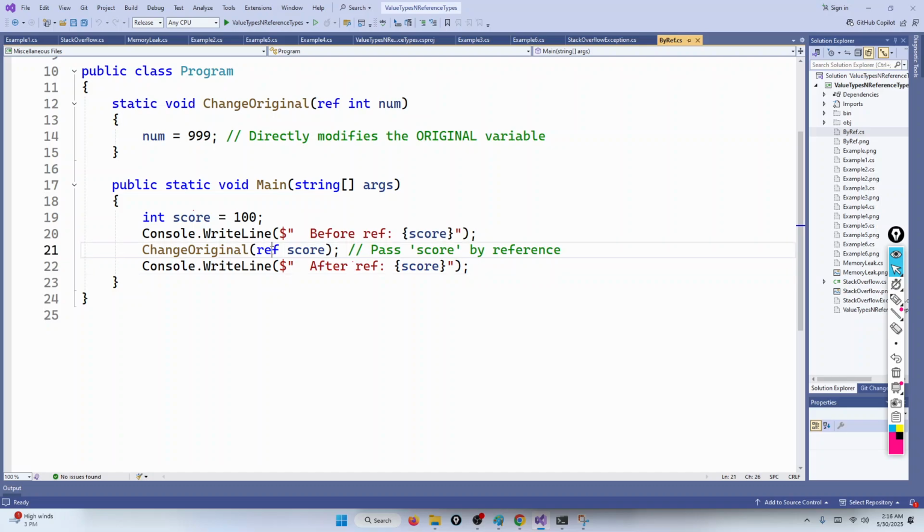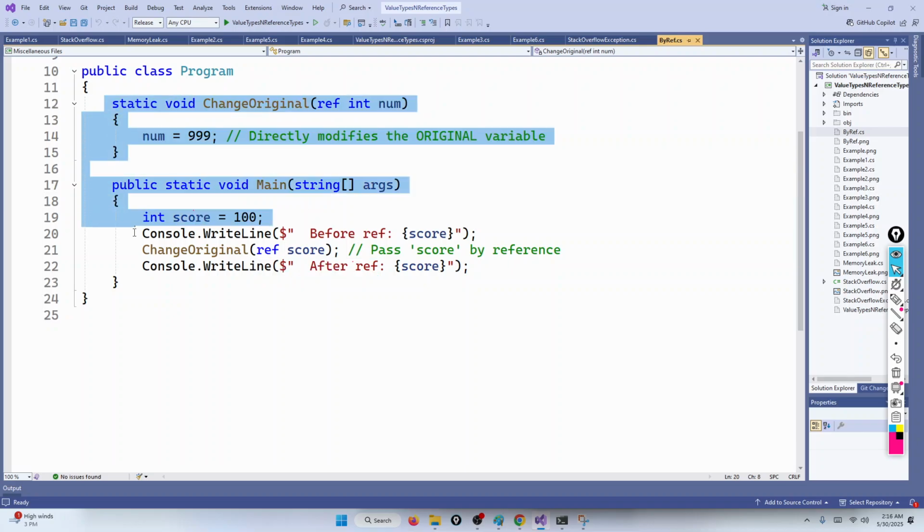But the moment you use ref, what it actually means is that you are not passing the actual copy, rather you are passing the address, right? The memory address. So once you do that, you are not getting a copy, but you are actually passing the actual memory address. Now if you change the value here, it means that you are changing the actual data. So this will end up having the changes at both places, I mean the original places. Okay. So I think we have covered most of the possible scenarios,